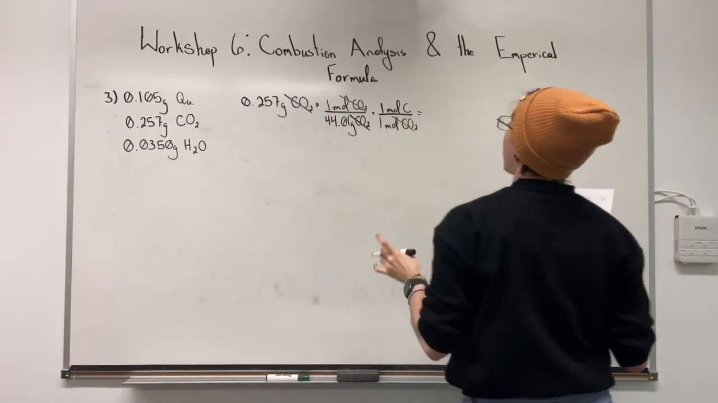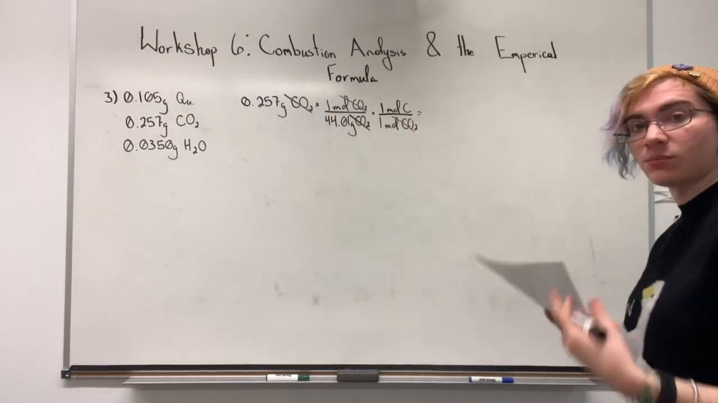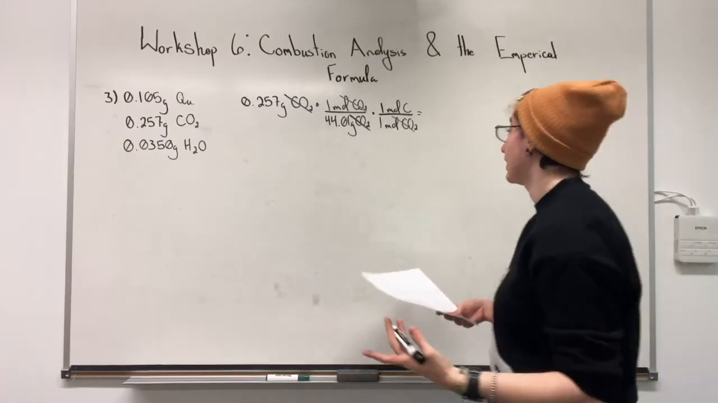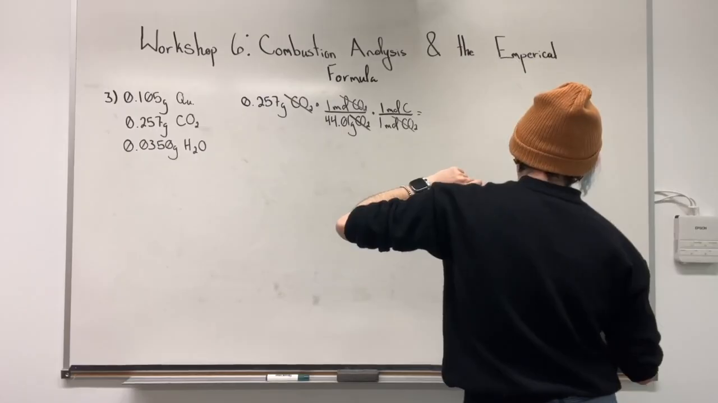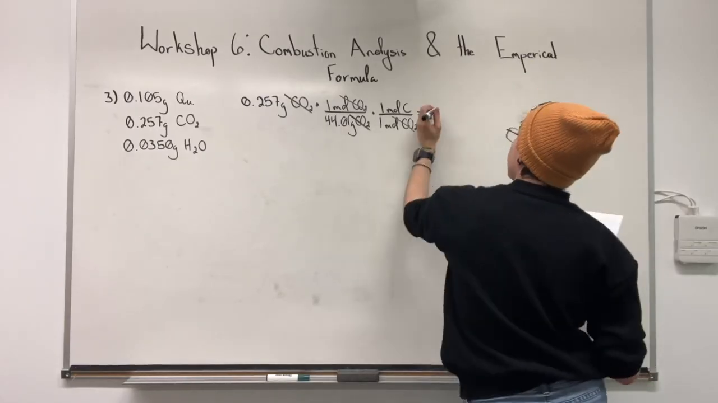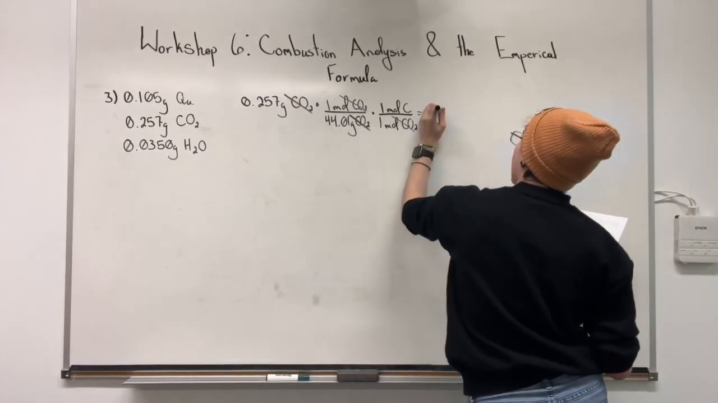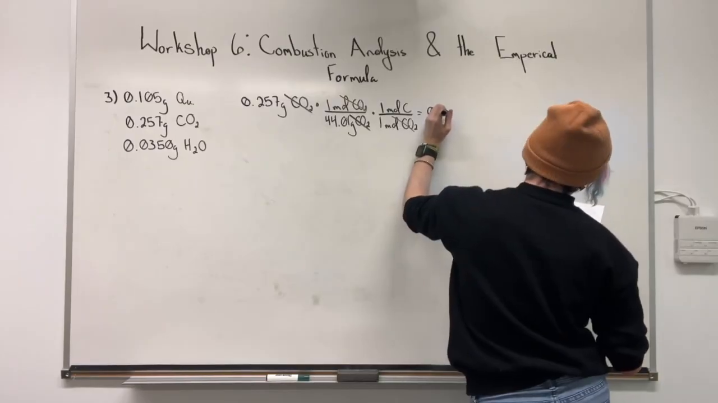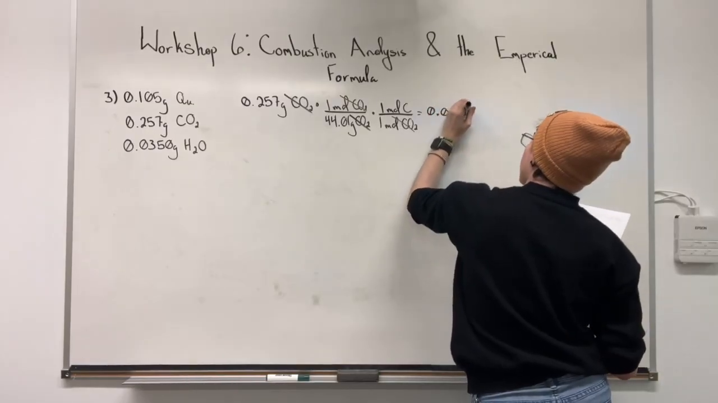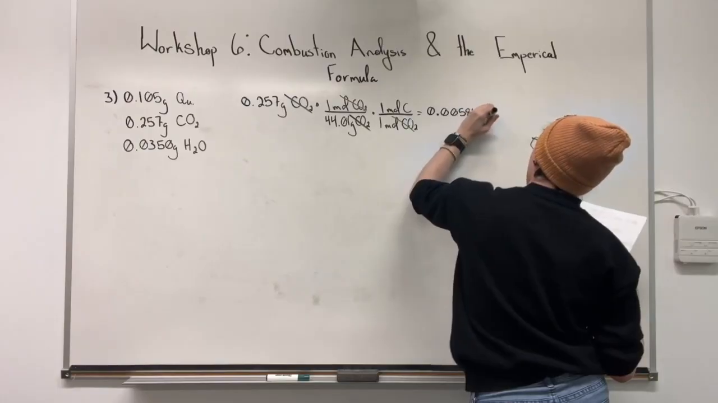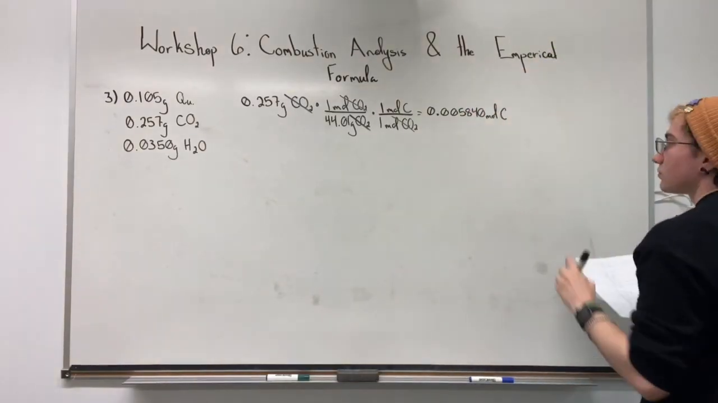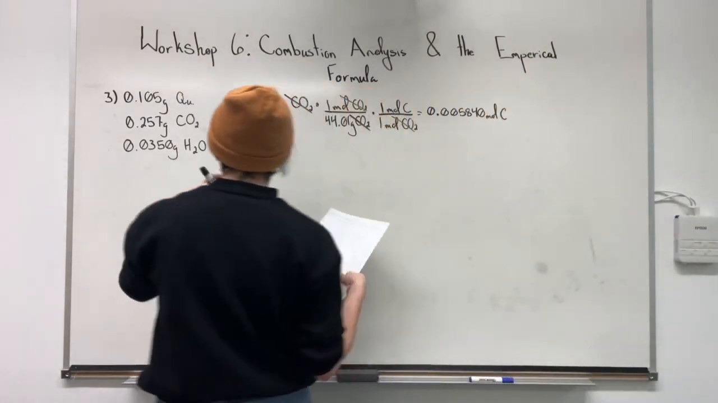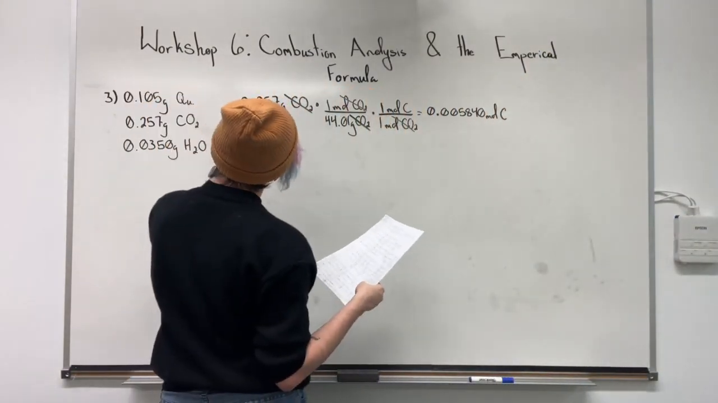dioxide. And now I'm going to stop my calculations here because we know we're going to need the molar value of carbon later on. So 0.257 divided by 44.01. This much carbon dioxide is produced by 0.005840 moles of carbon. And now let's move on to our water. So same steps,